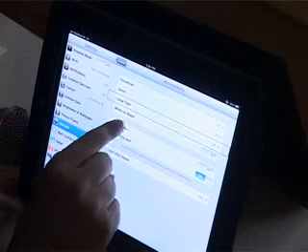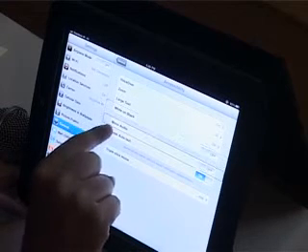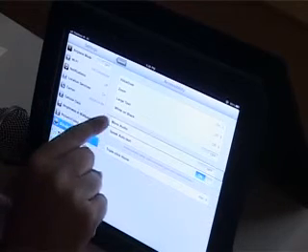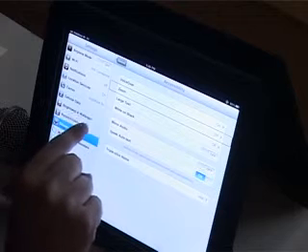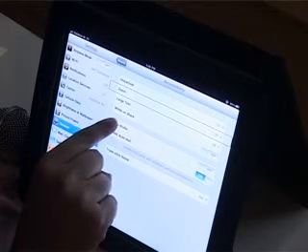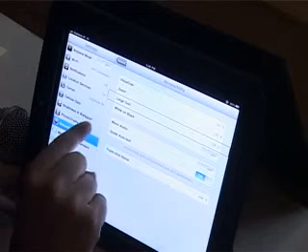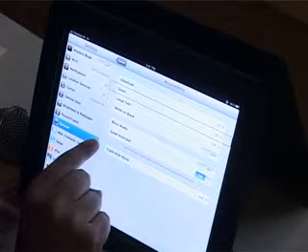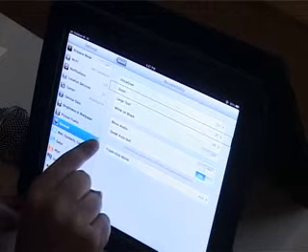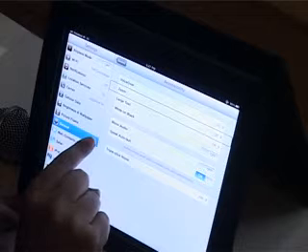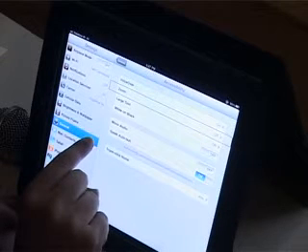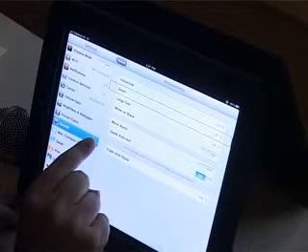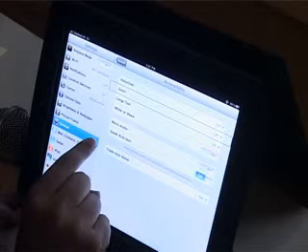White on black, off. Mono audio, off. Speak auto text, on. Triple click home. Large text, off. Zoom, off, button. After VoiceOver, the next option is Zoom. Zoom is basically for people who have low vision. We can zoom in and out to see the content, to make the content more readable, increase the size of icons, and read the text.